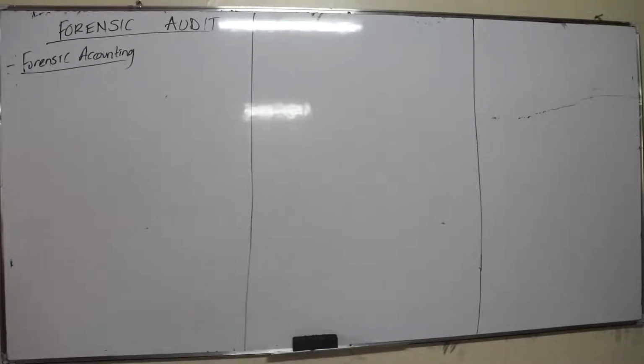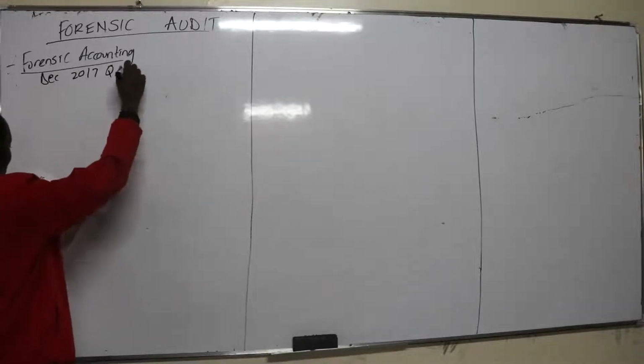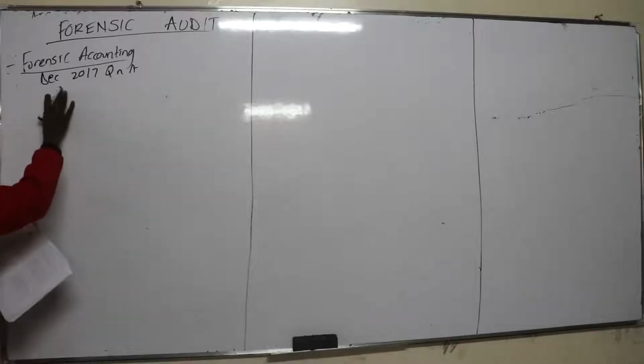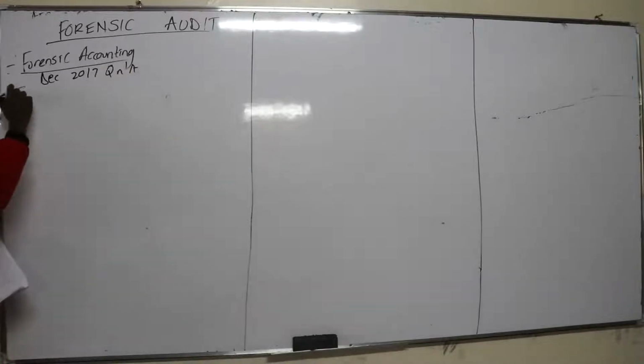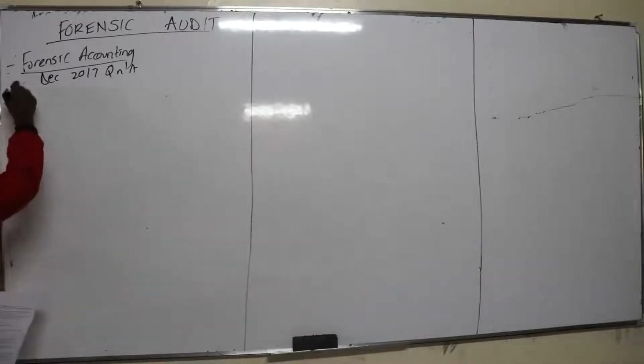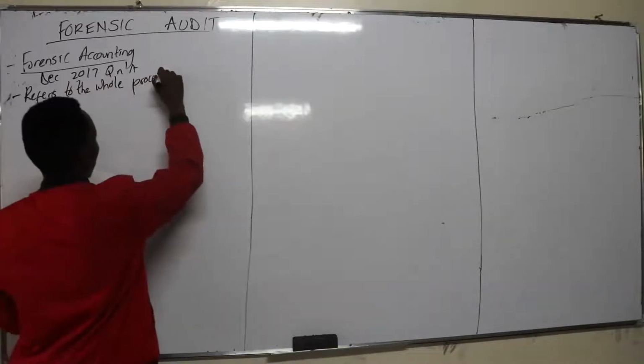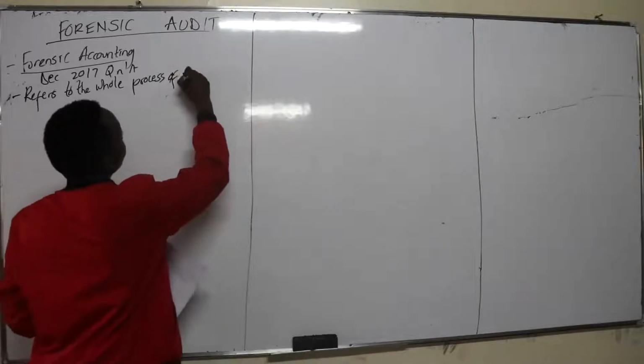So we define forensic accounting as the practice of reviewing any form of financial matters and acting as an expert witness if the fraud gets to trial. In question 1A, December 2017, you are asked the difference between forensic accounting and forensic audit. Forensic accounting refers to the whole process of investigating a financial matter,